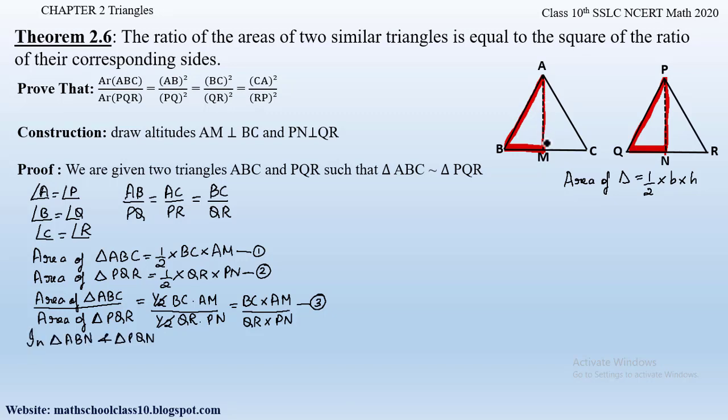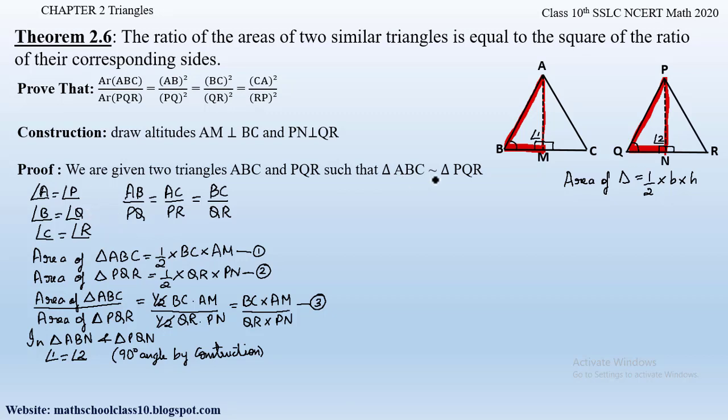If you notice, these altitudes are making 90 degrees with the base, right? Similarly, in triangle PQR, it is making 90 degrees with the base QR. So if we consider this as angle 1 and this as angle 2, then angle 1 is equal to angle 2, that is 90 degrees by construction, right? And also, if you observe, this angle B will be equal to angle Q, because already